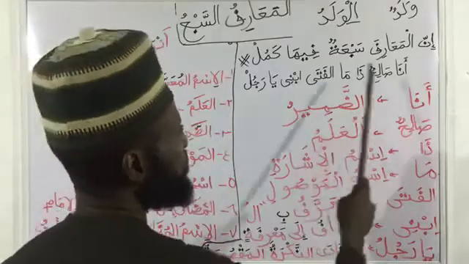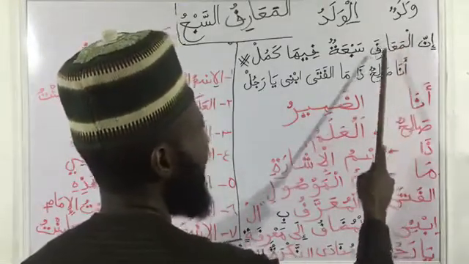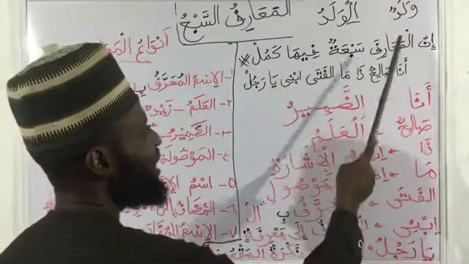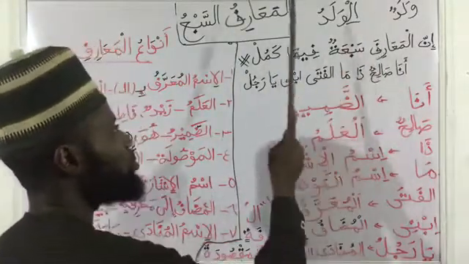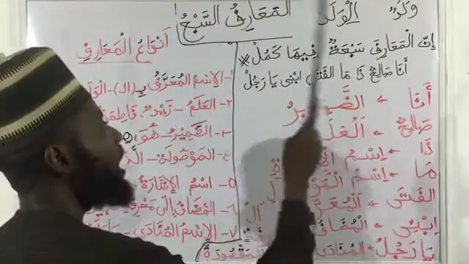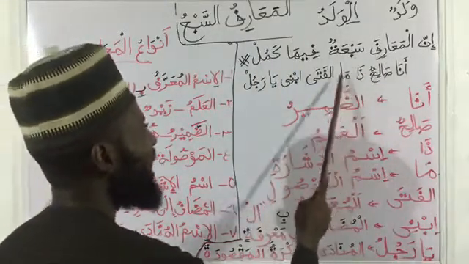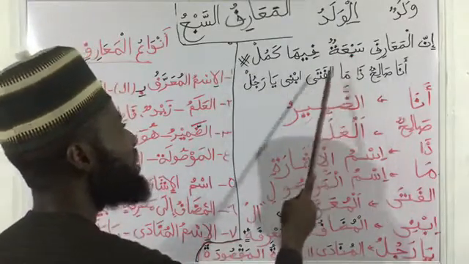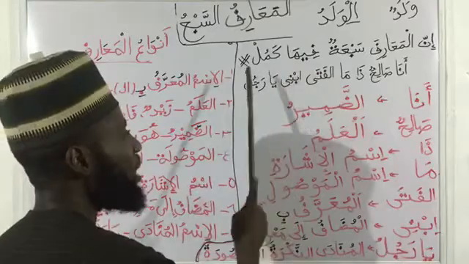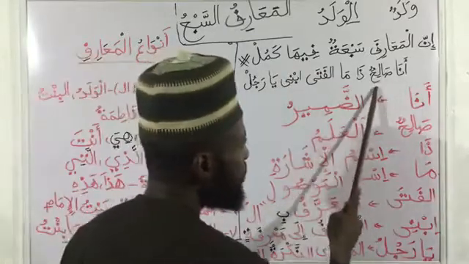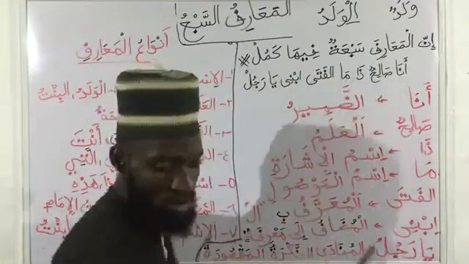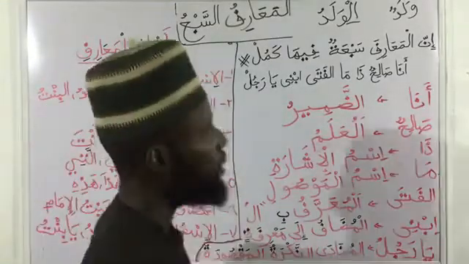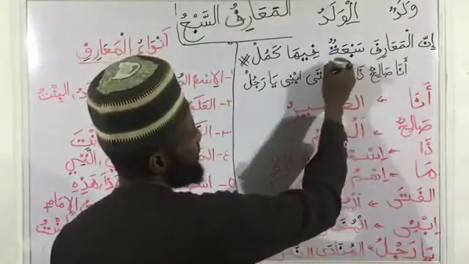So it goes thus. إن المعارف سبعة فيها كمل إن المعارف سبعة فيها كمل أنا صالح ذام الفتى أنا صالح ذام الفتى ابني يا رجل أنا صالح ذام you call the ma, yeah, you call the ma. You call it with what? With this. So it will